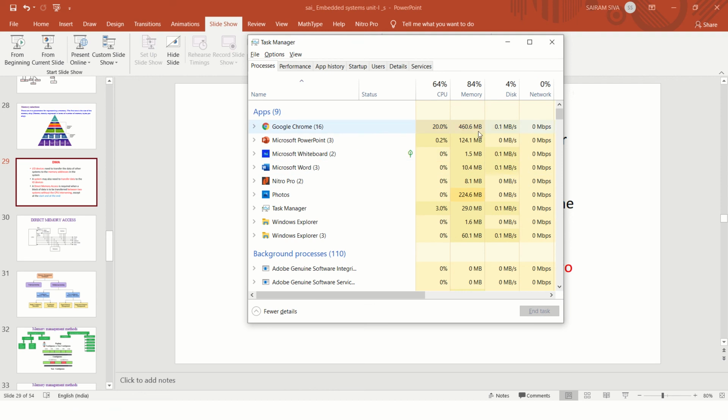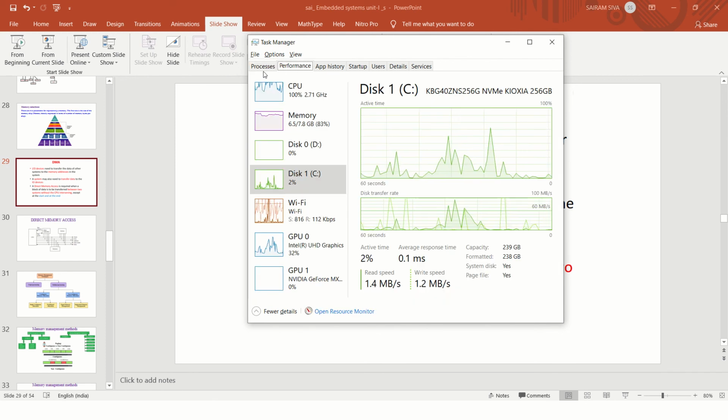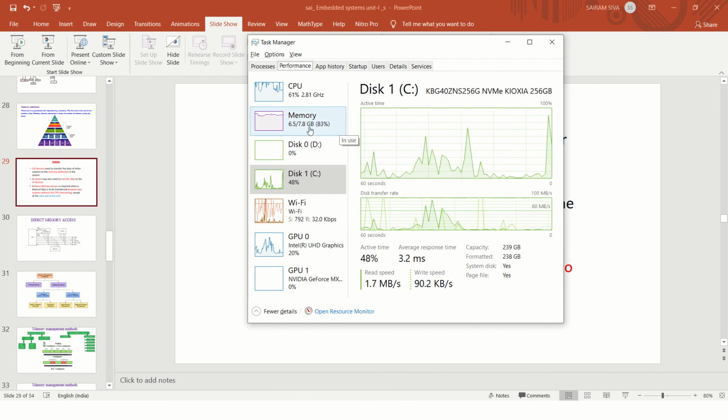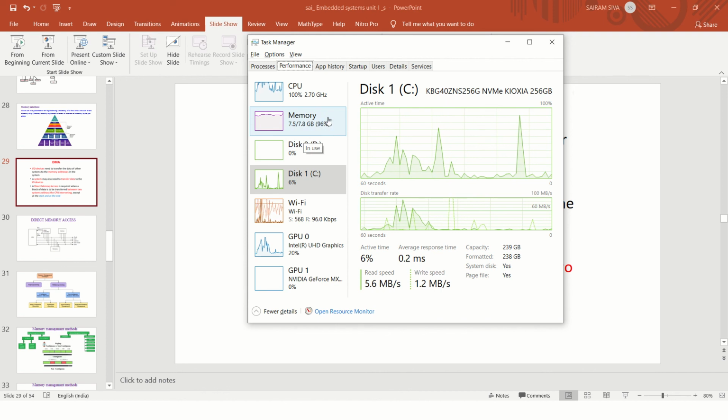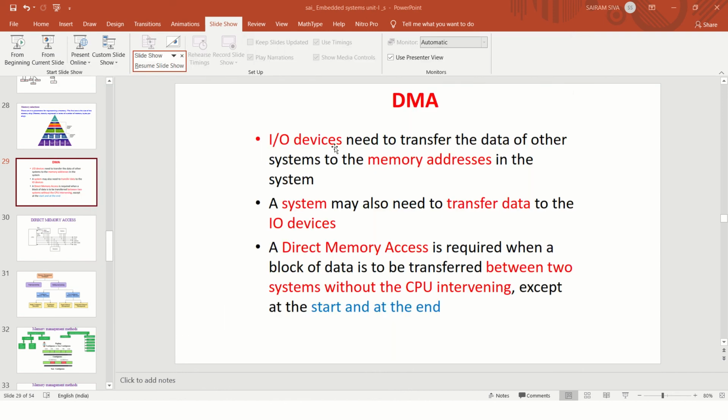right? So that is what the usage is. Based on the usage and the purpose, the memory process will be reduced. Now the memory is at 7.1, and it can be reduced to 6.4. The memory usage is 6.4, and it can be reduced further, right? So depending upon the usage, the memory level can be reduced.